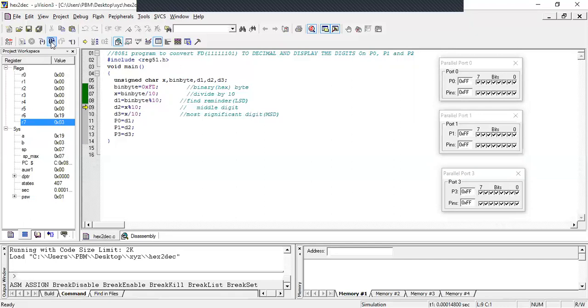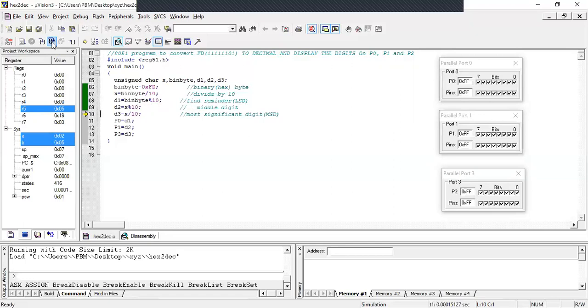Next, we have D1 equal to the byte mod 10. Find the remainder, that is the LST, least significant digit. When you perform D2 equal to X mod 10, you get 5.